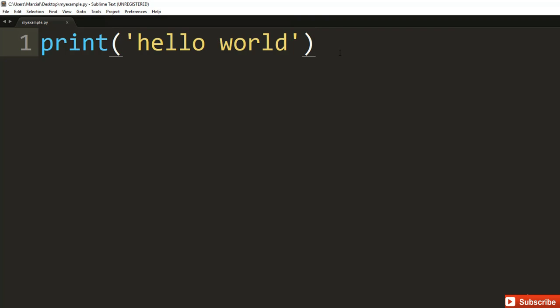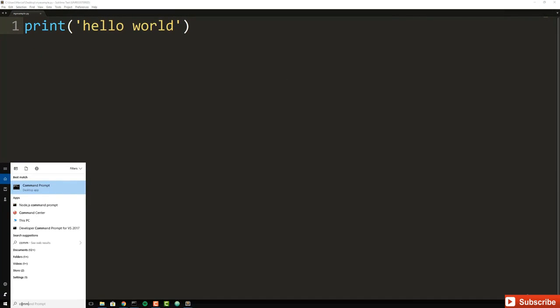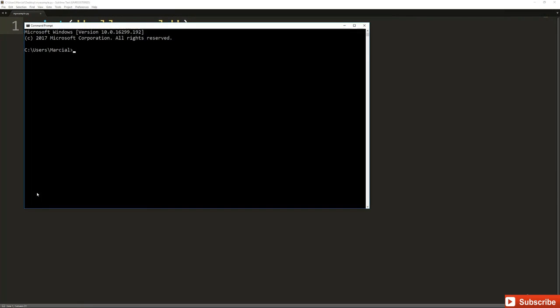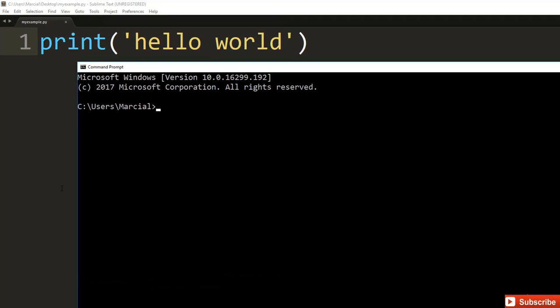Remember that we've saved it to our desktop, meaning at our command line, we need to change directories to our desktop so we can run this actual .py file. Go ahead and open up your command line. Since I'm on Windows, I will open up a command prompt. If you're on Mac OS or Linux, you'll open up a terminal. Then you'll want to change directory to your actual desktop or wherever you saved this .py file. So type cd and then desktop to change directory to your